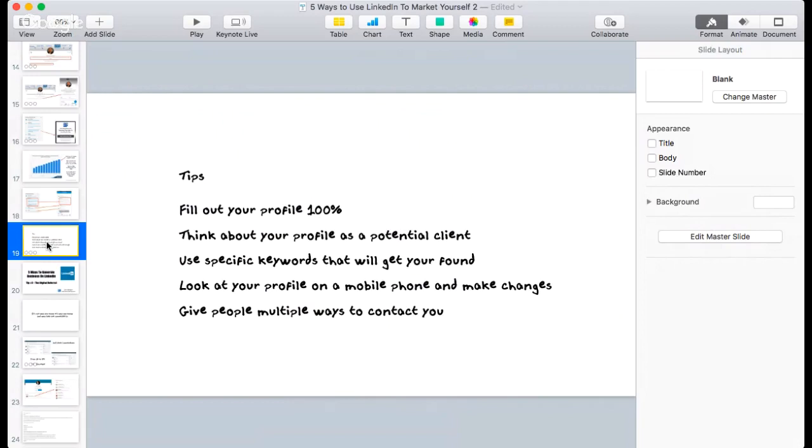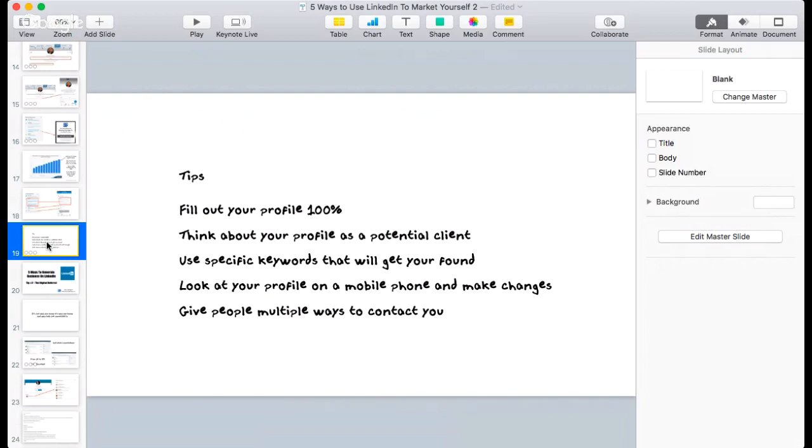Last but not least, I'm going to go through tips. This is the first section, about your profile. Tip: fill out your profile 100%. Get found. Up to 15 times more views in certain cases. Think of your profile as a potential client would want to look at it. Don't make it all about you, like you're trying to find a job. Make it all about: here's how I help clients, here's what my job is, here's how I do this, here's the results that I see. Put those in your experience section and also your summary section.